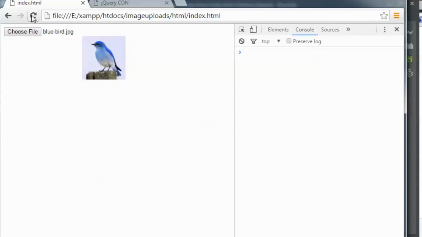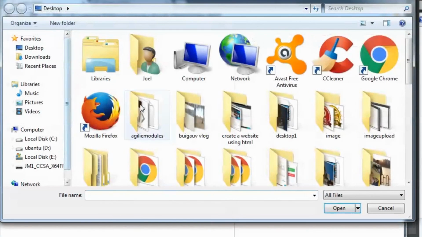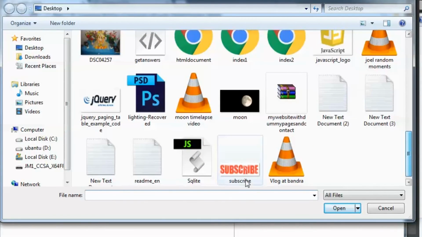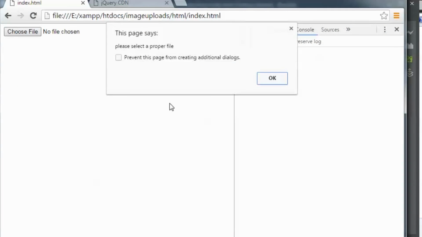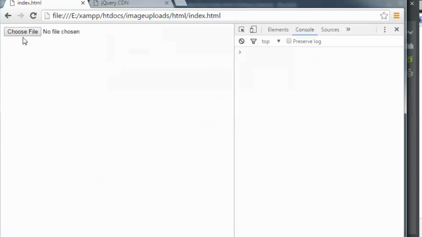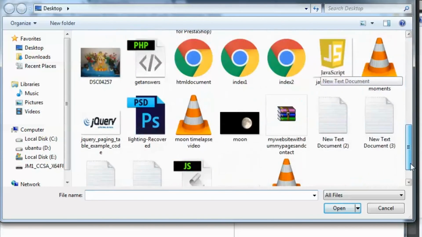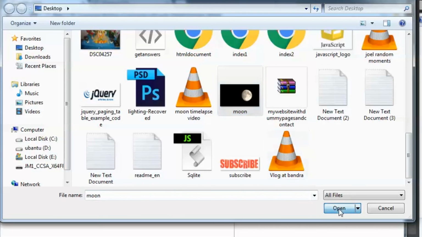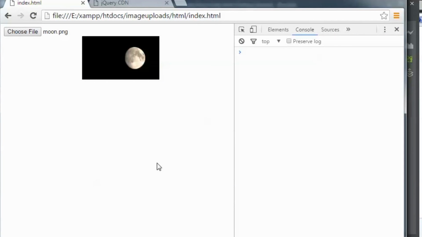So let us refresh the page and now select any random file and see whether it's showing the error message. Please select a proper file. Now let me select a proper image. Okay, so we see that the validation is working really fine.